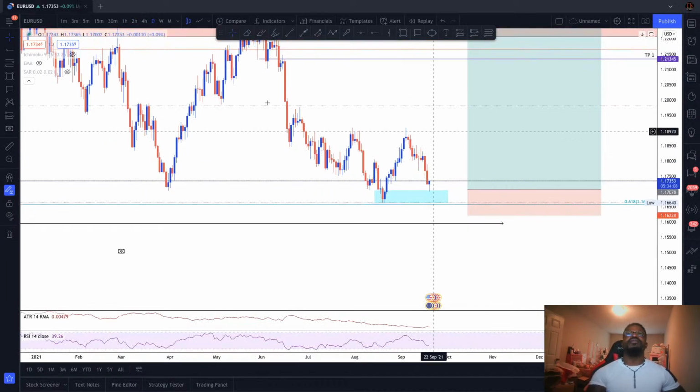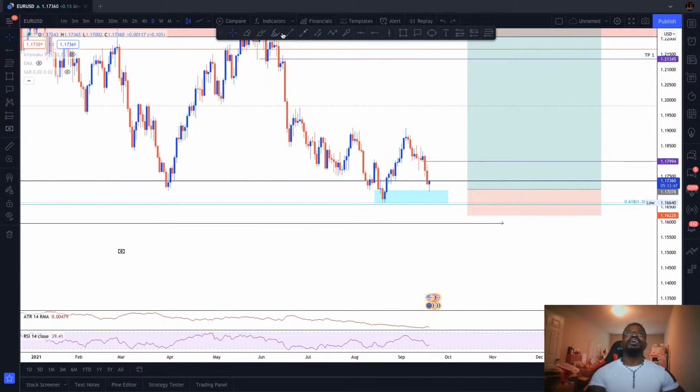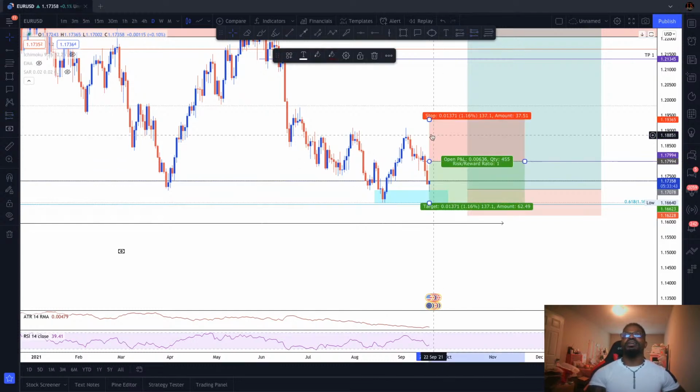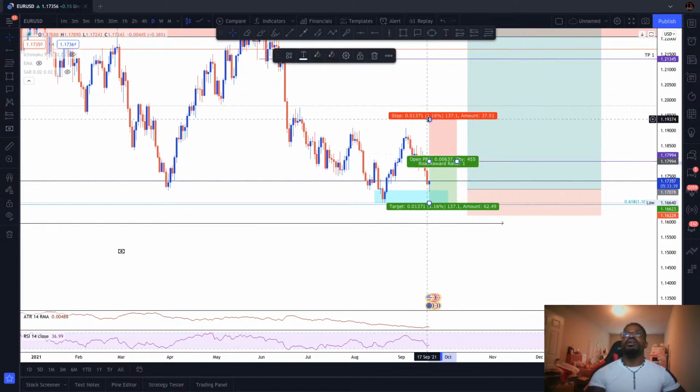Oh, I forgot one thing. Let's say, for instance, price rejects on us. We may get a rejection at this level if price continues to go on for a sale. And let's just say that was the case, all right? So what we would do is take off of this tool here. Where's my short tool? We would look at this area for a potential short, but waiting on confirmation, because again,